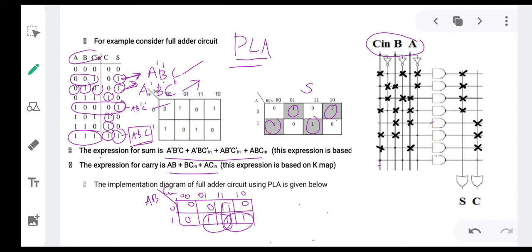So we have discussed programmable logic devices, and the 2 commonly used types are PAL and PLA. The major difference between PAL and PLA is that in PAL only the AND gate is programmable and the OR is fixed, whereas in PLA both the AND gates as well as the OR gates are programmable. Thank you.